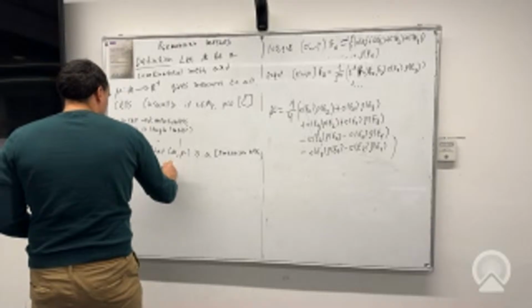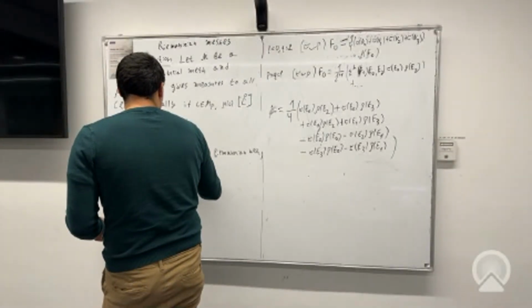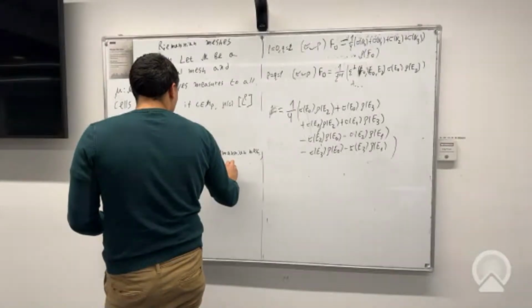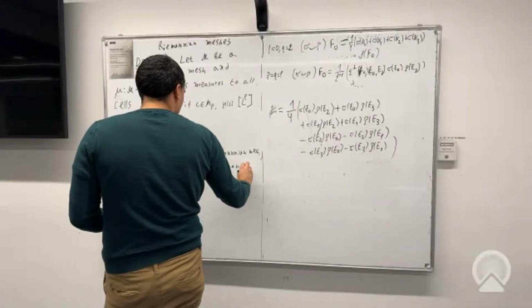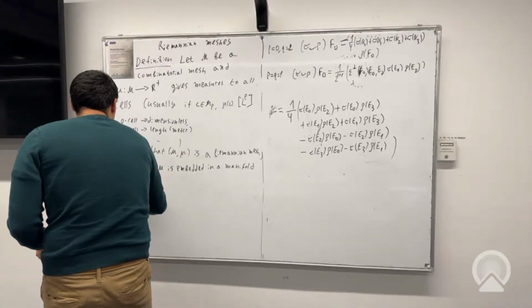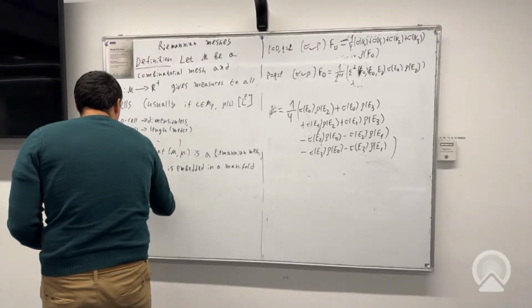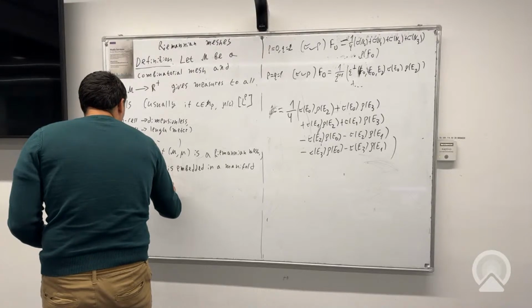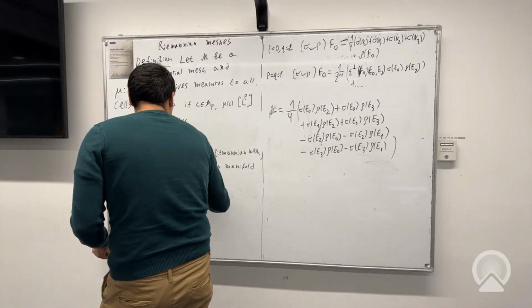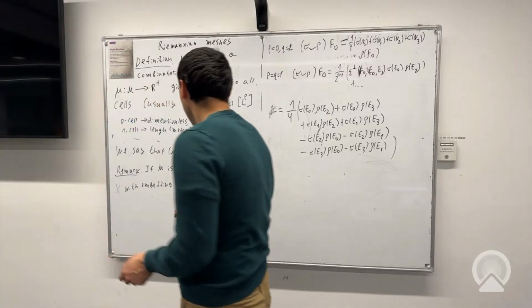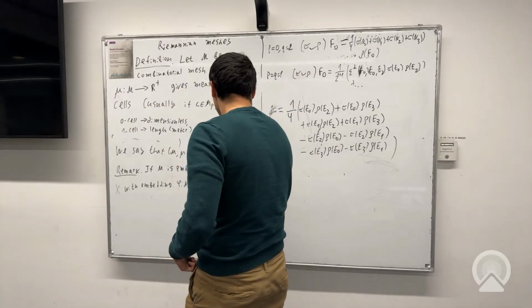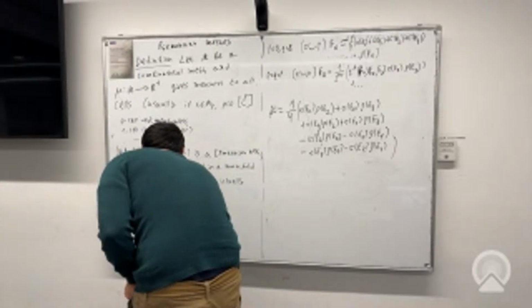M is embedded in a manifold X with embedding phi. So phi is a function from M to a subset of X. Then usually in the embedding